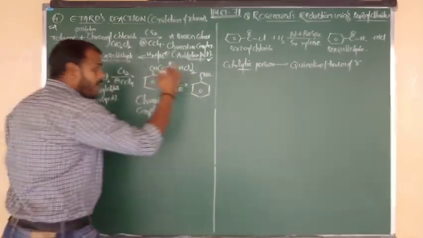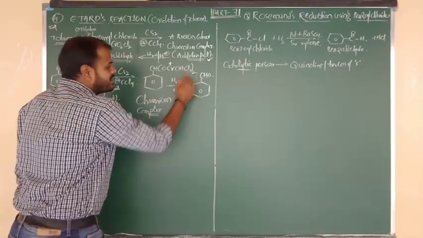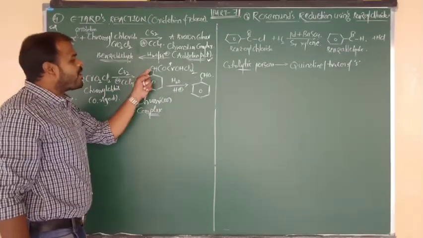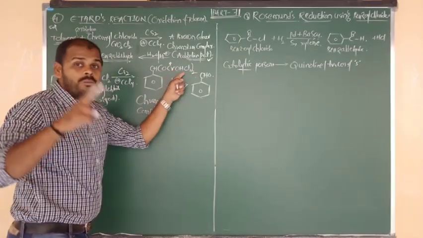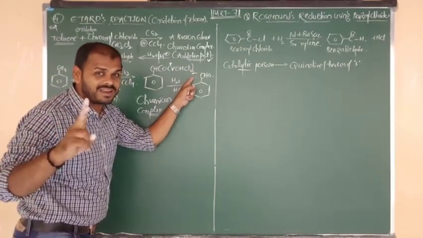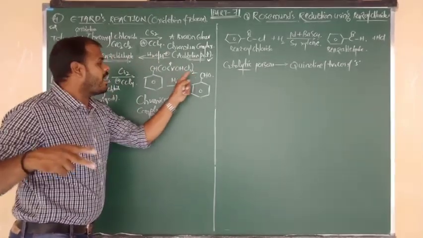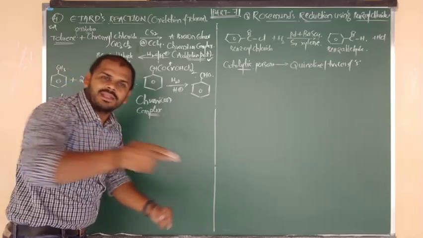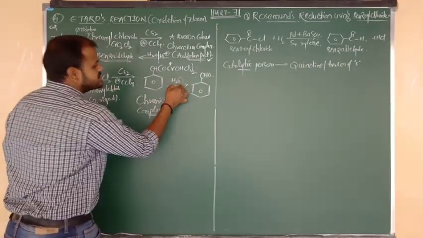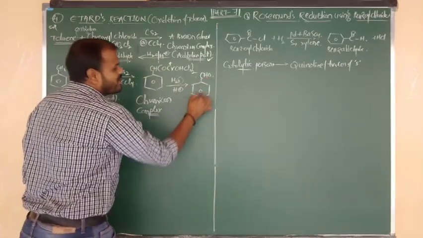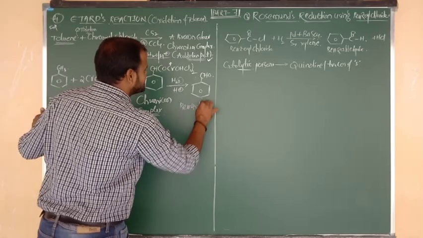Listen carefully. But how to write the oxygen? Benzene connected to CH, with the group taken twice. Upon CH, how many bulky groups are there? 2 bulky groups are there. Means upon CH how many bonds are there? 2 bonds are there. Upon hydrolysis, after breaking the 2 bonds, the water molecule gives its oxygen to the CH group. Now you are getting benzene bonded to CHO. The compound name is nothing but benzaldehyde.